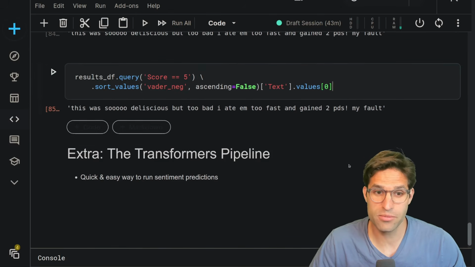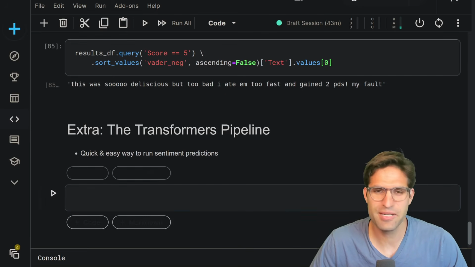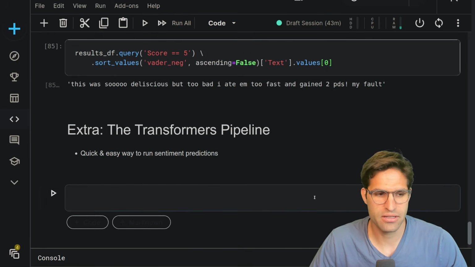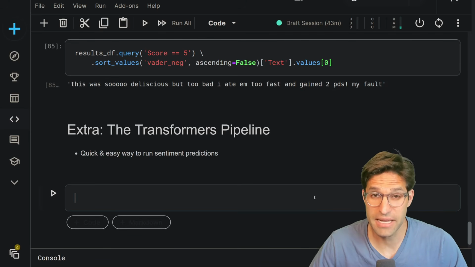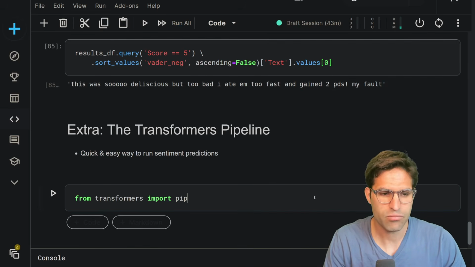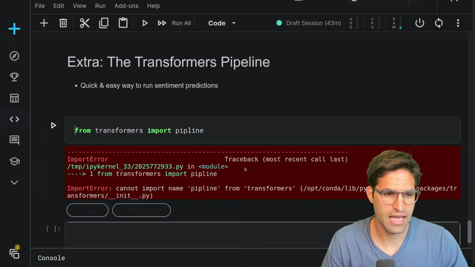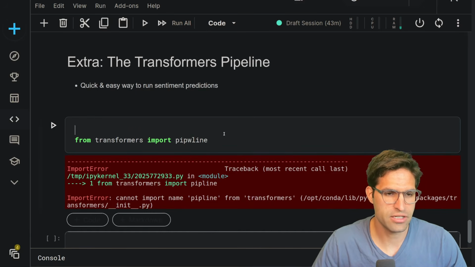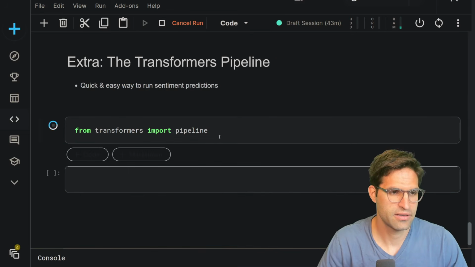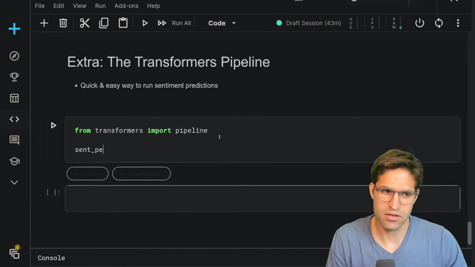All right, so we've explored a lot of things with sentiment analysis so far. The one extra bonus piece that I want to show you is just using the Hugging Face Transformers pipelines. And this just makes everything really simple. And I want to make sure I noted this. You can read about it on their website. But you basically can just import from the Transformers library a pipeline. And you need to spell pipeline correctly. There we go. And then we can make a pipeline called sentiment pipeline